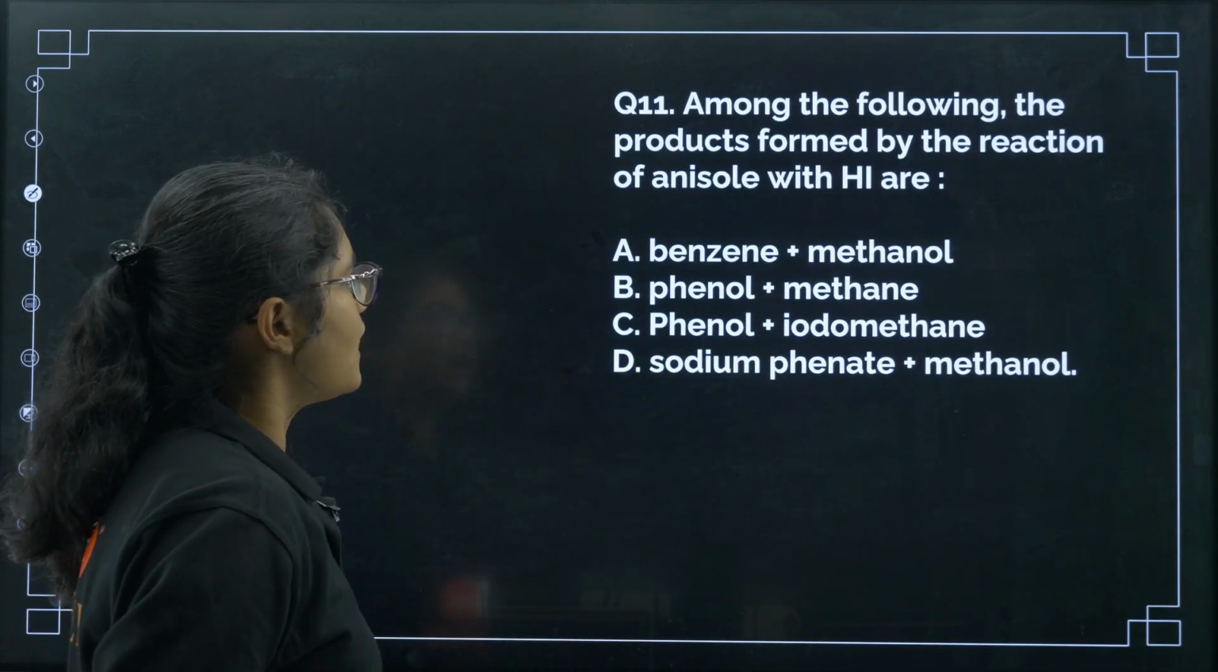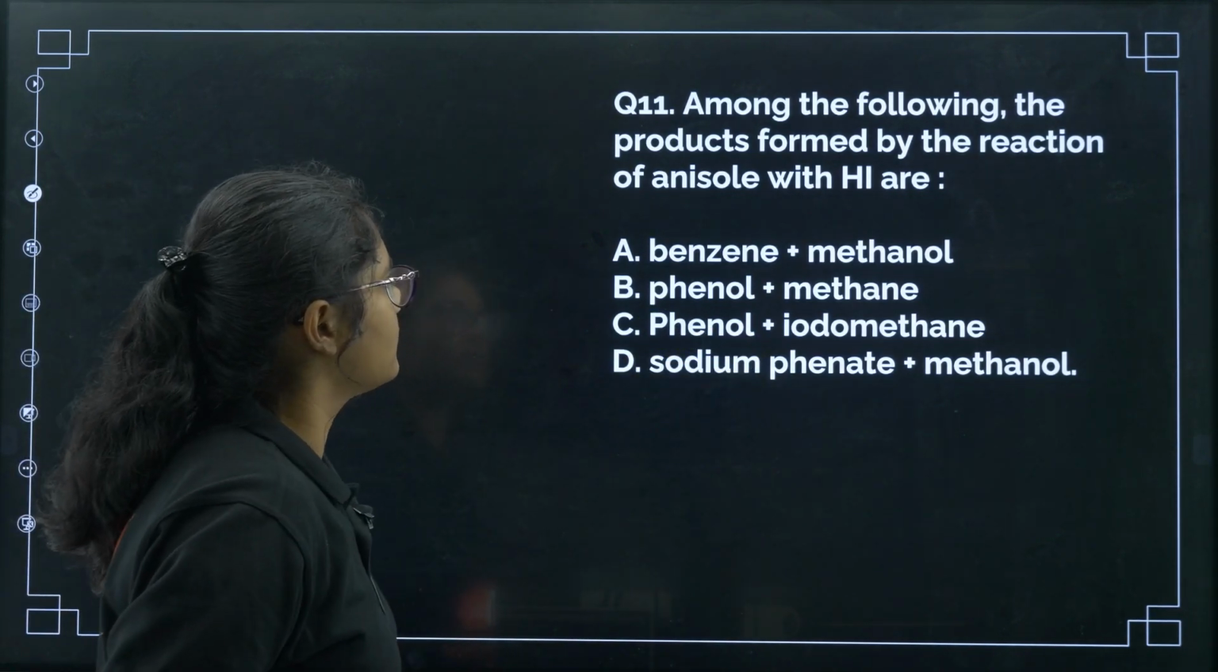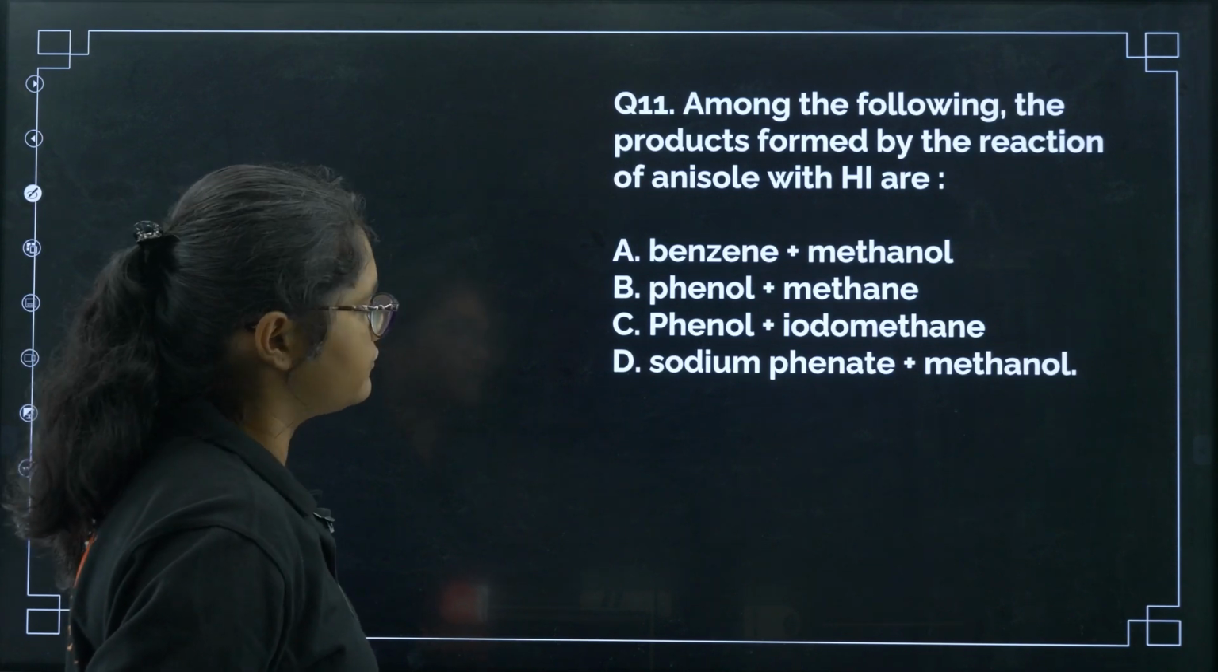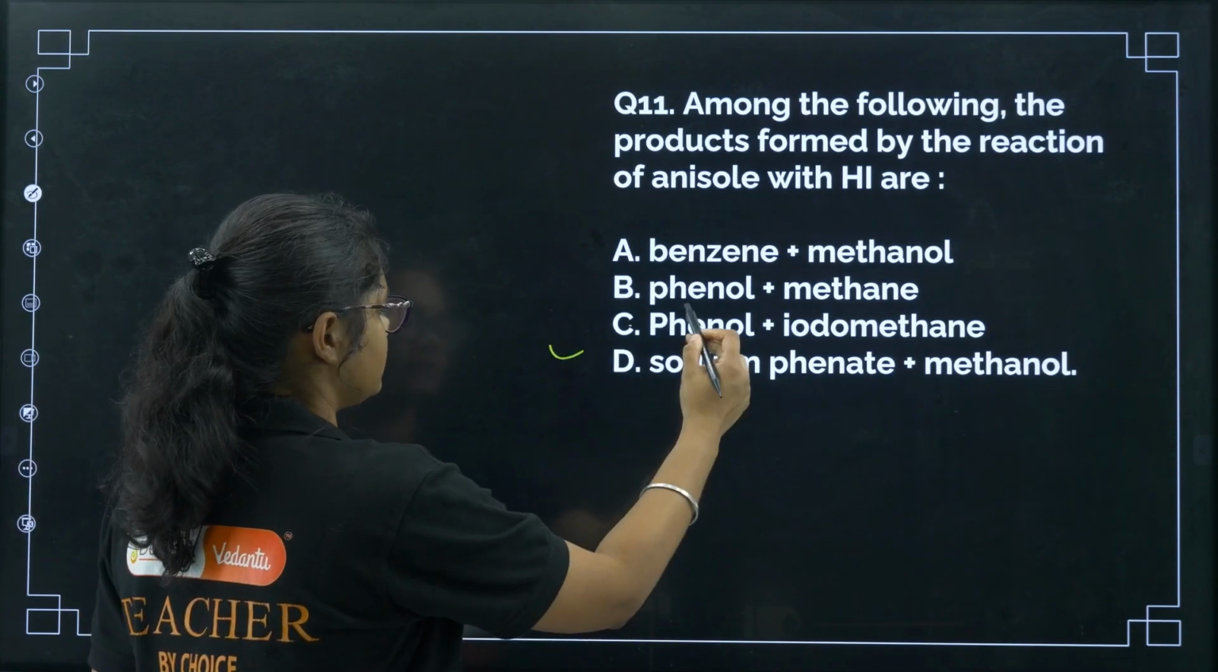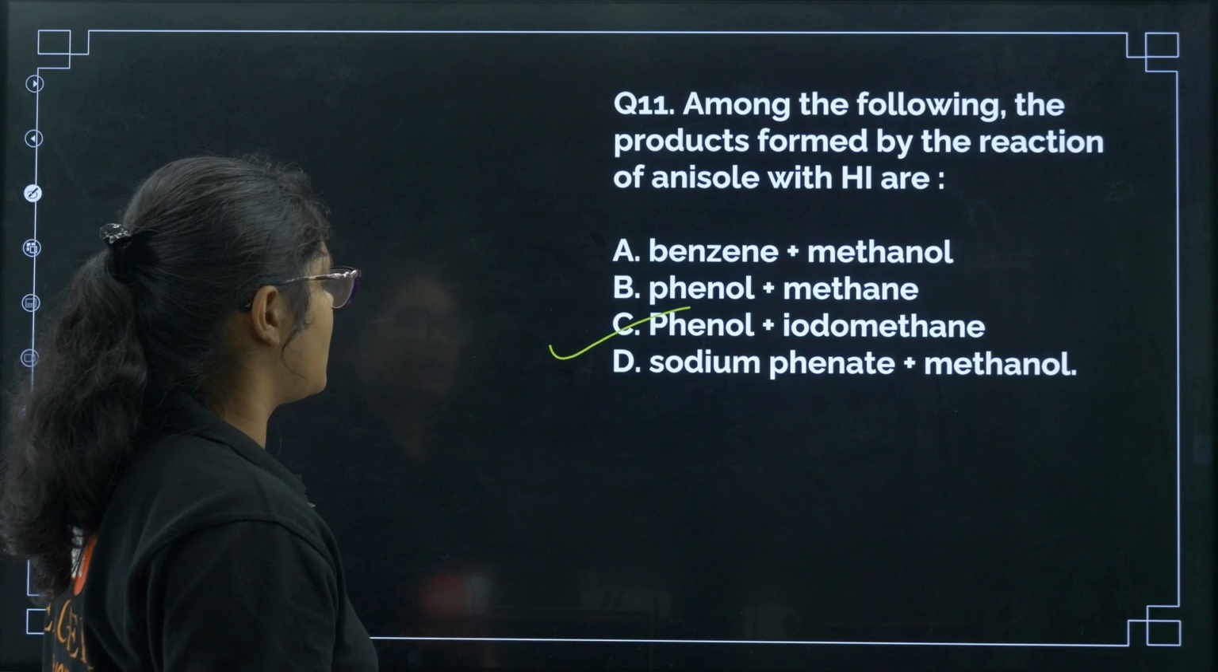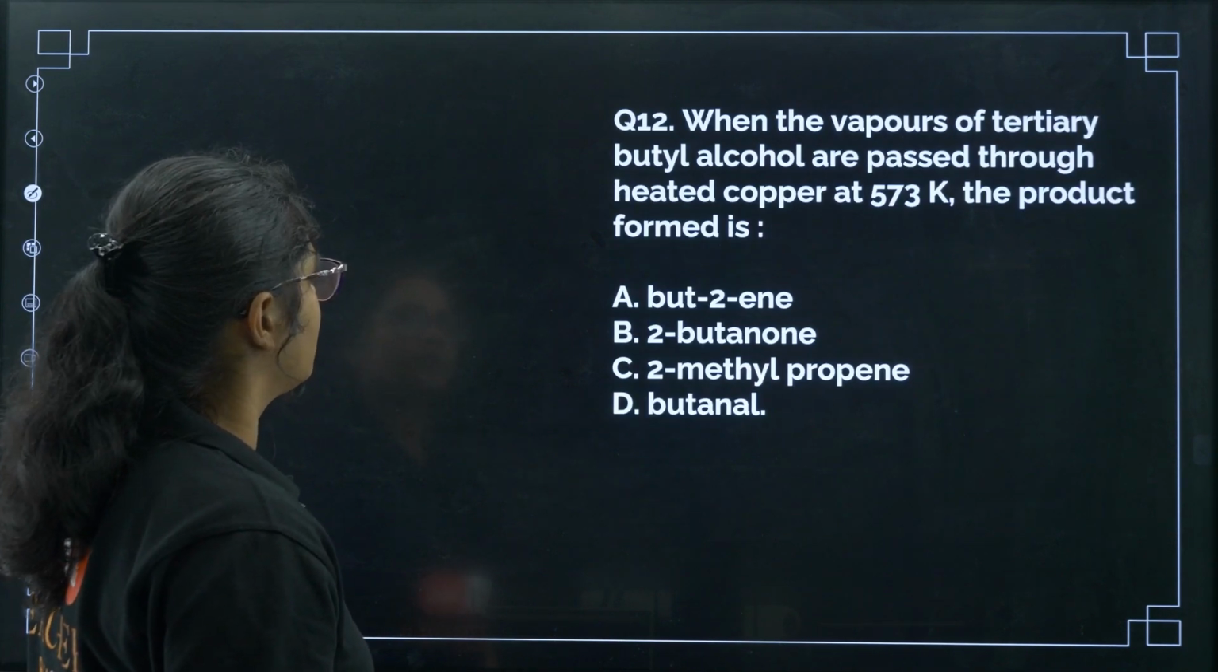Okay, next, among the following the products formed by the reaction of anisole with HI, again this question is repeated, so option number C, phenol and iodomethane. Okay, next,